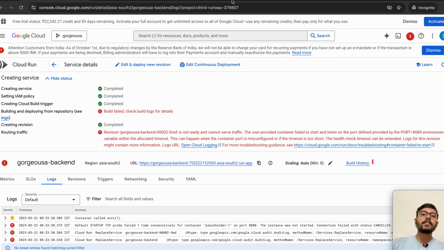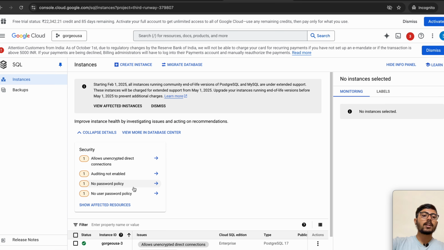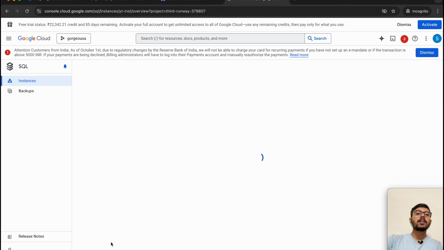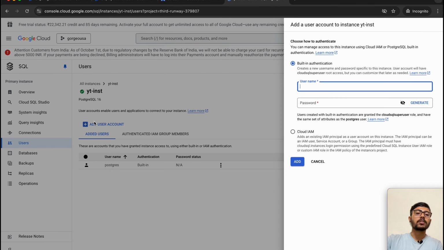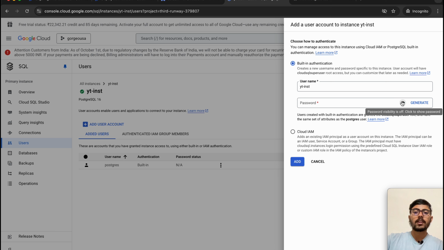So now from here we'll go to this particular section, go to our instances, and we can see that we have successfully created our instance in Cloud SQL. And what we want to do is go to users, and there we want to add a user. So let's say I put it yt inst, and I need to save it. So what I'll do is I'll open up a new tab, put it here, and generate a password, also put it here,